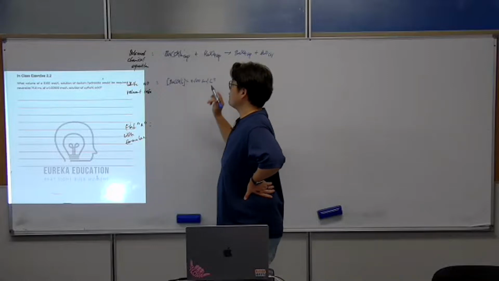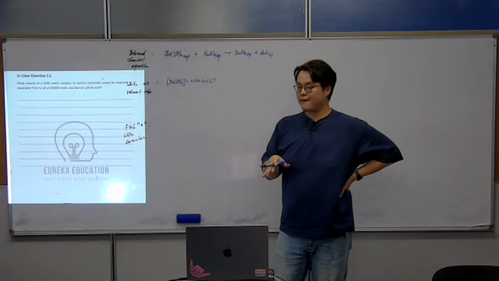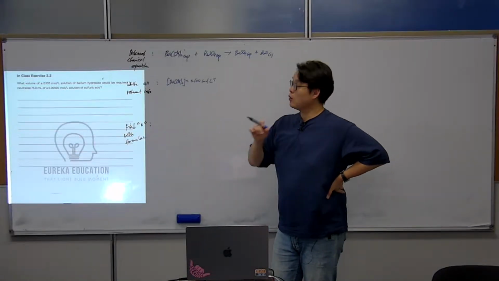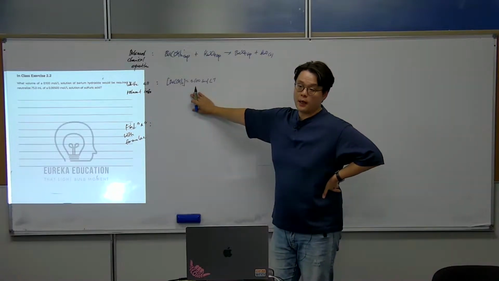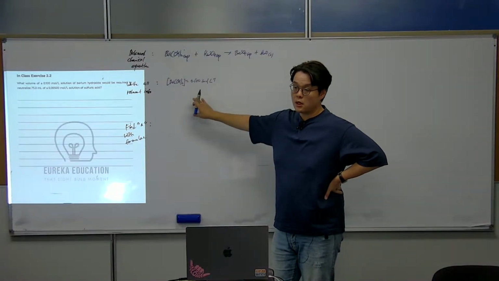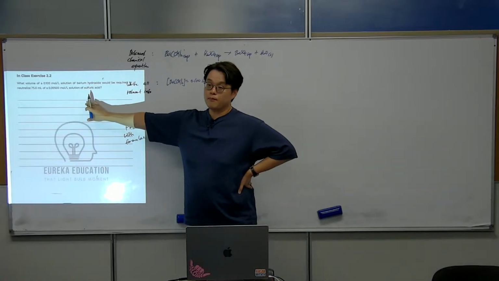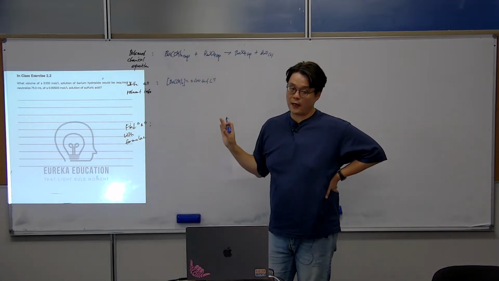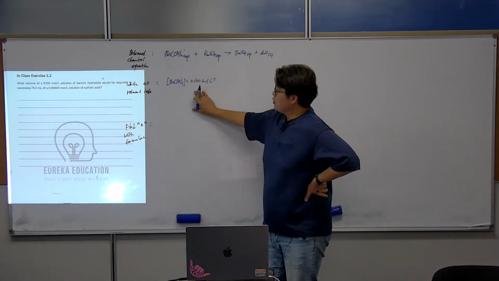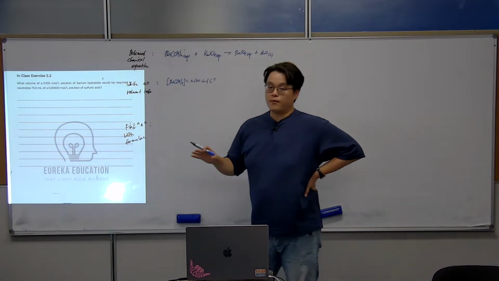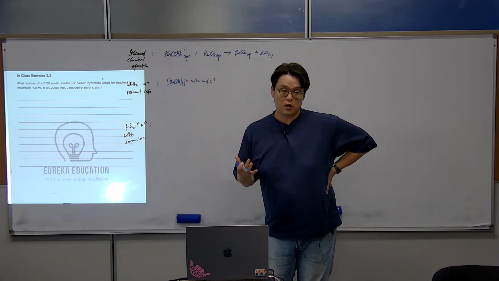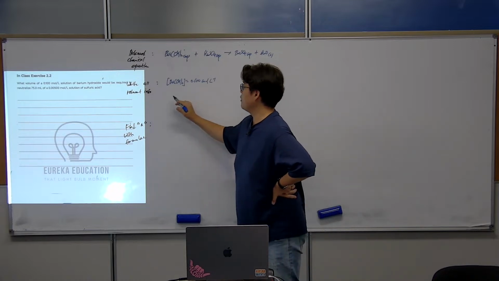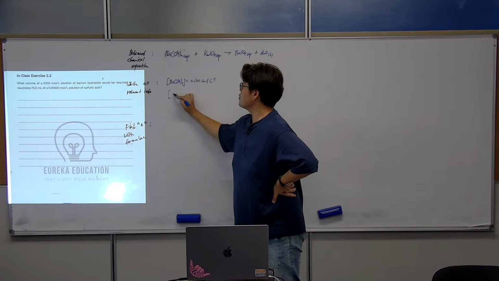When you're writing all the relevant information, make sure you include the sigfics given in your questions too. That's how we can save your time in the exam later on. So we need to figure out how many sigfics you have, and whether they are involved in the calculations. Even though you're given some sigfics here, if they are not involved in the calculations, you need to follow the other sigfic values. You're given 3 sigfics and sometimes 2, but if you didn't use the 3 sigfics in your calculations, you need to follow the 2 sigfics that are involved in the calculations. All right, and sulfuric acid